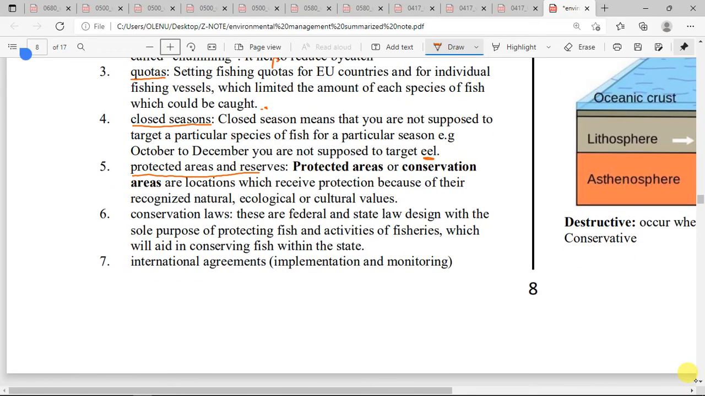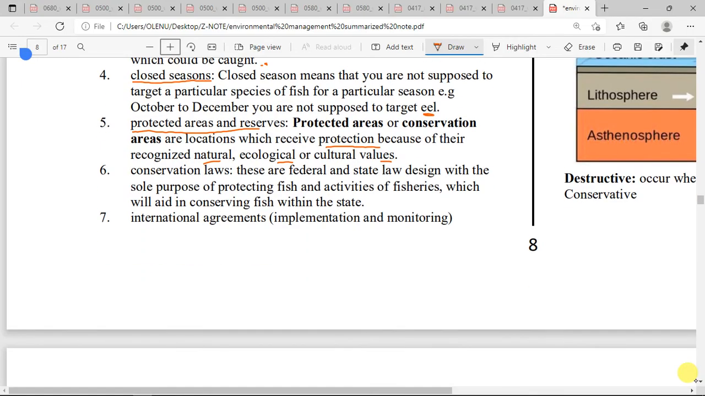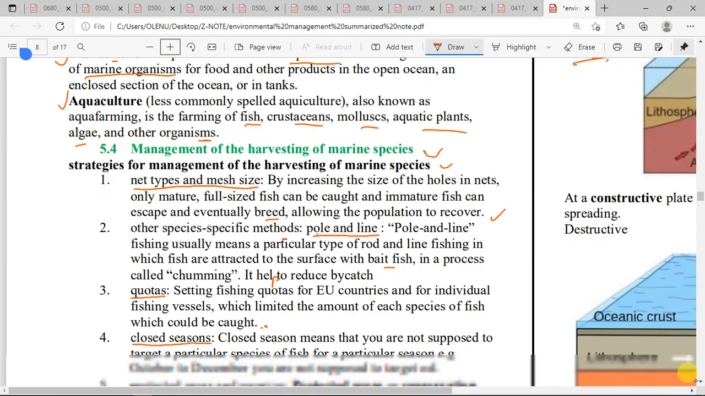Protected areas or conservation areas are locations which receive protection because of their recognized natural, ecological, and cultural values. Now, you can also come up with legislative and conservational laws. These are federal and state laws designed with the sole purpose of protecting fish and fisheries activity, which will aid in conserving fish within the state. Then lastly, we can look at international agreements: implementation and monitoring of some international agreements within international water bodies to help reduce